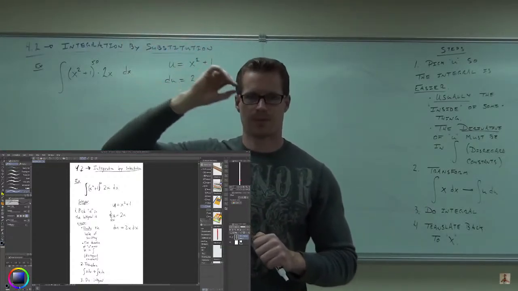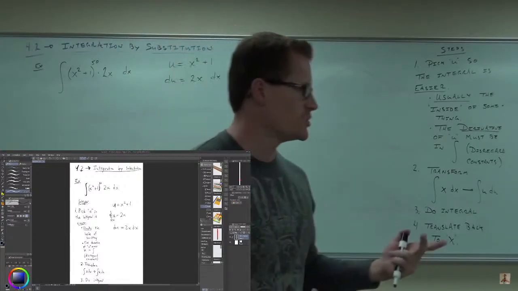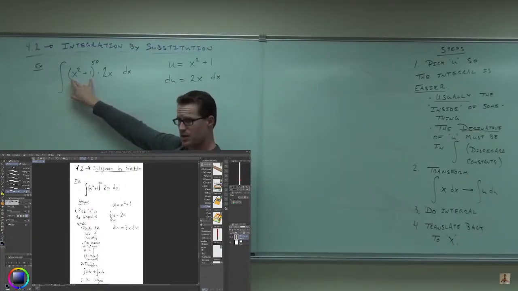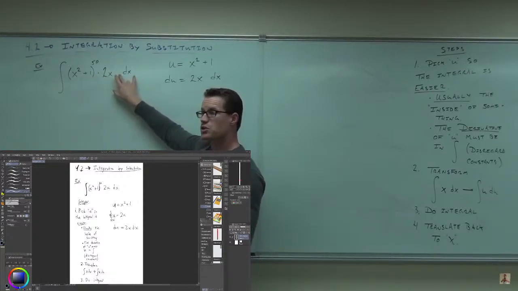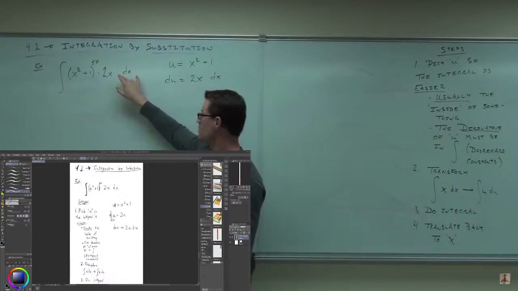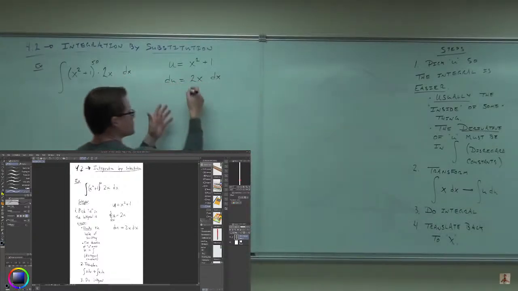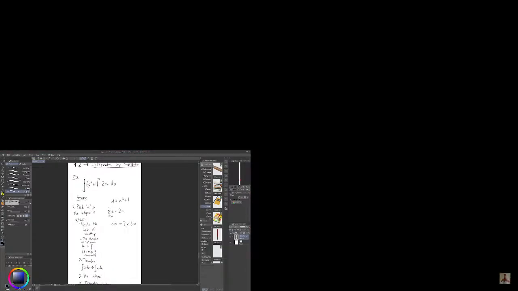Now, here's the cool part. We can do this like a double substitution. Not only are we going to substitute this part for some u, which we already are going to be able to do, but you can also substitute your dx if you can solve for dx. So, can you solve this for dx? Yes. How would you solve this for dx? If I divide by 2x,